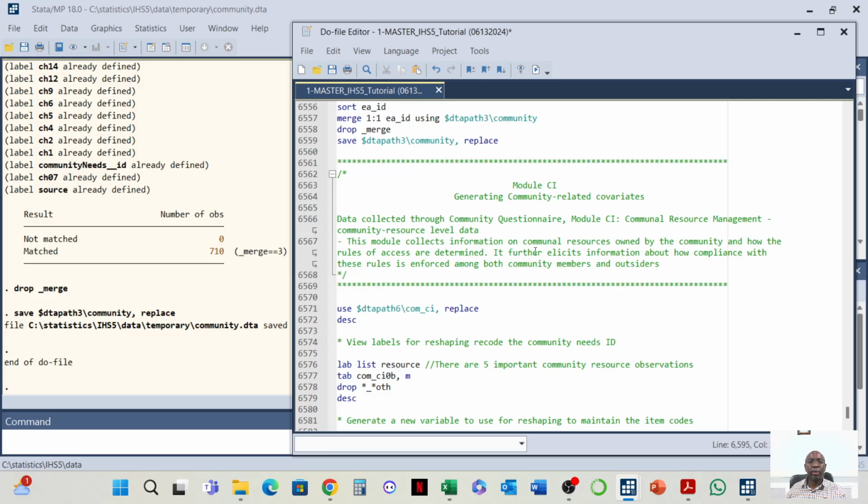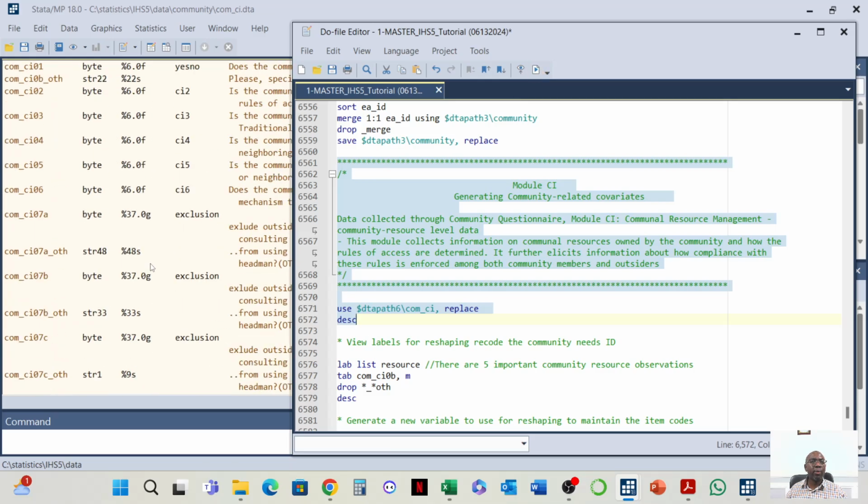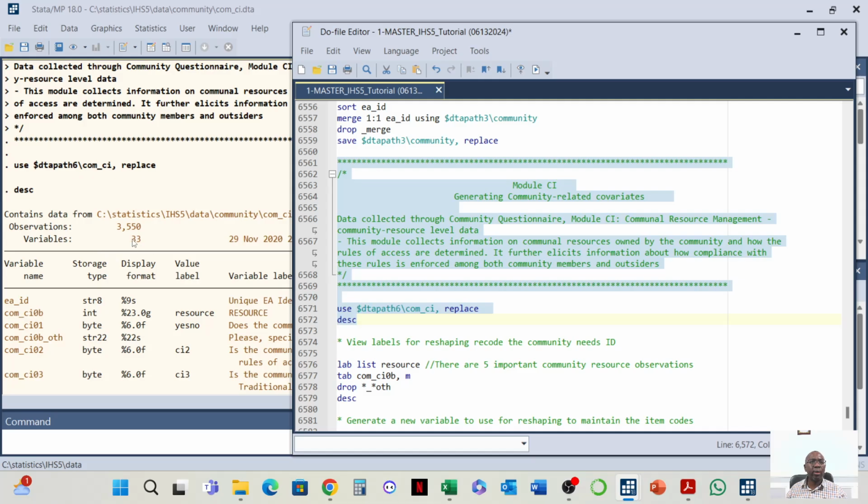Right, so it collects information on community resources owned by the community and how the rules of access are determined, and also further elicits information about how compliance with these rules is enforced among both community members as well as outsiders. So let's run this questionnaire, and then you see that we do have 33 variables and